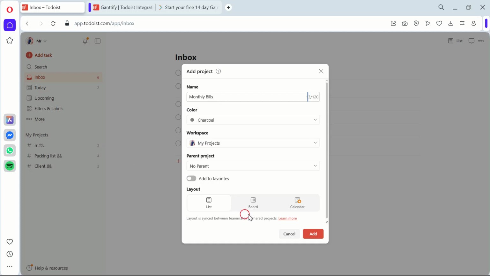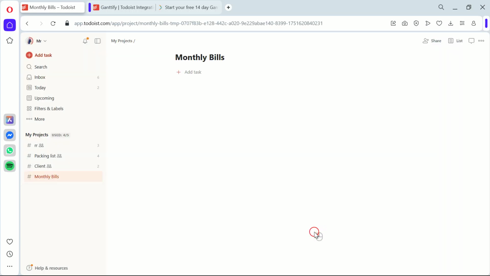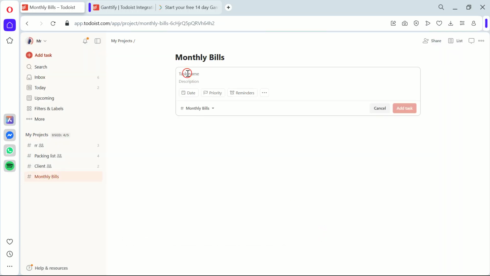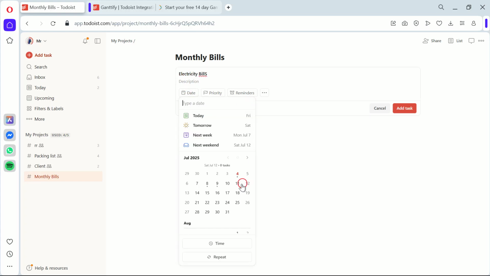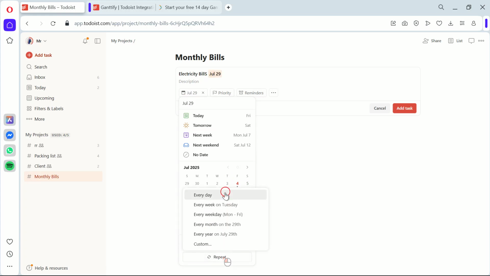The reason we start here is that you need to set up your reminders in the environment where they will be activated. Next up, click on Add Task at the top right corner of your screen. This is the starting point for creating any new task or reminder in Todoist. The reason we do this is to initiate a new task creation process, which we will customize into a recurring